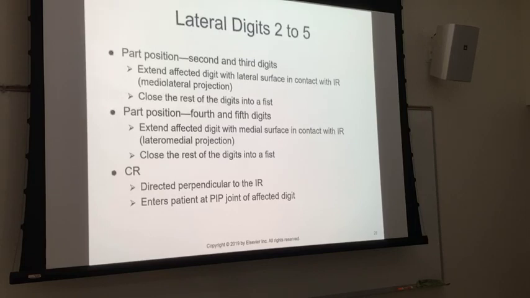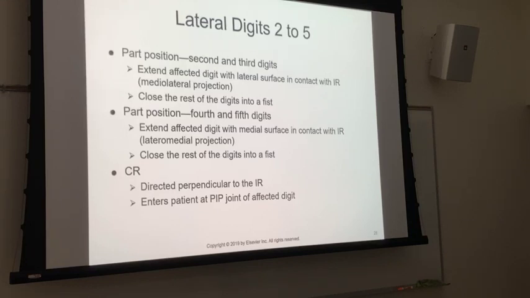That minimizes OID. What you're going to have to resist the temptation to do is to take a finger, especially the third finger, and tilt it. Well, I want to maintain a low OID, so I want to do that, right? No, you don't. The reason you don't want to do that is because you have just taken your anatomy, which was parallel to the image receptor by being extended, and you put it at an angle to the image receptor, and you're going to get foreshortening. Okay? So even though you're going to get a little bit of an increase in OID here, you don't want to tilt it down like that because you get foreshortening. So keep it parallel to the